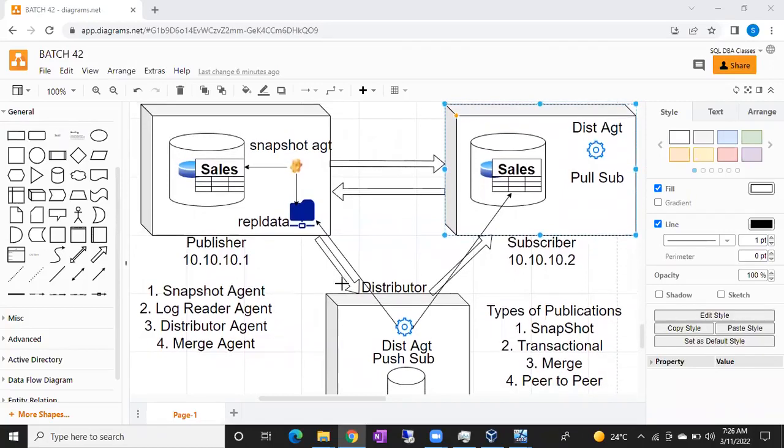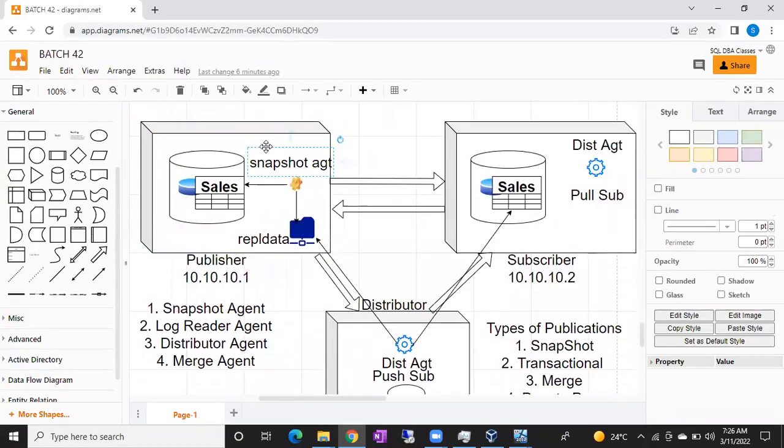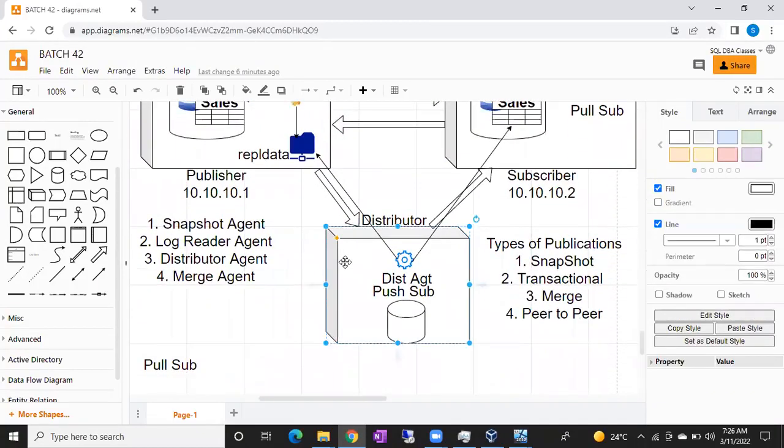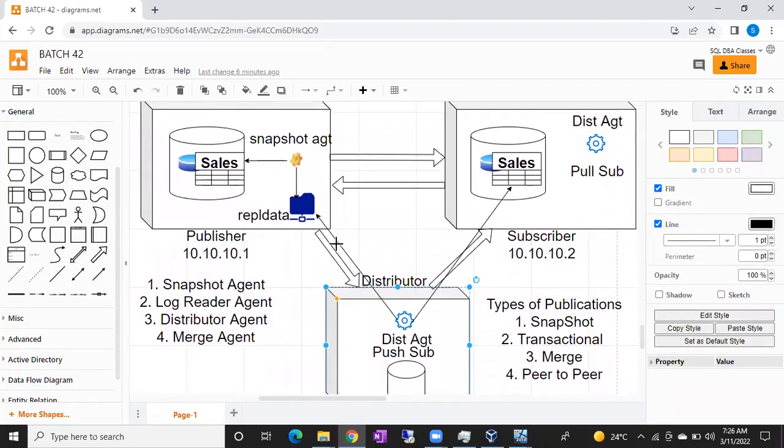I'm asking whether we need 3 separate servers for the replication. Actually, the answer is no. Your publisher can act as a distributor also. So whatever we discussed, I just separated it to help you understand. But in the organization, we'll have a 3rd server. I agree, in the organization, we'll have 3 separate servers for the replication.